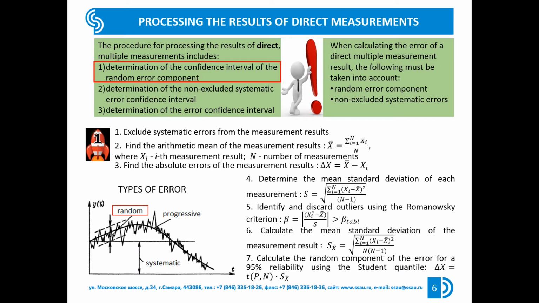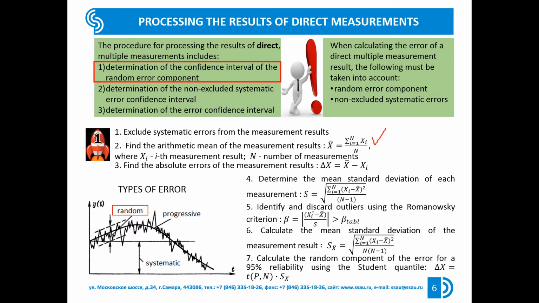When calculating the total error of a direct multiple measurement result, both the random error component of the measurement result and the non-excluded systematic errors must be taken into account. Processing the results of direct multiple measurements of a physical quantity x made n times under the same conditions consists of 3 steps. The first step is to determine the confidence interval of the random component of the error in the measurement result. To do this, we need to exclude known systematic errors from the measurement results, to find the arithmetic mean value of the measurement results, which is taken as the measurement result,